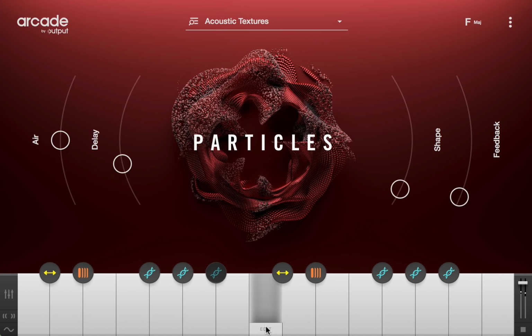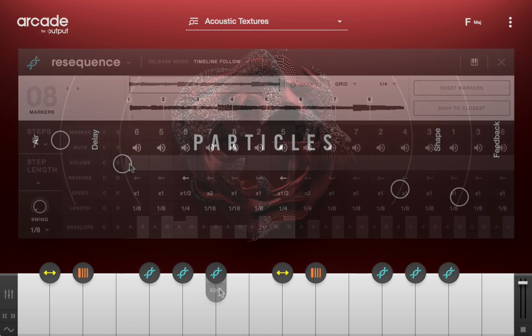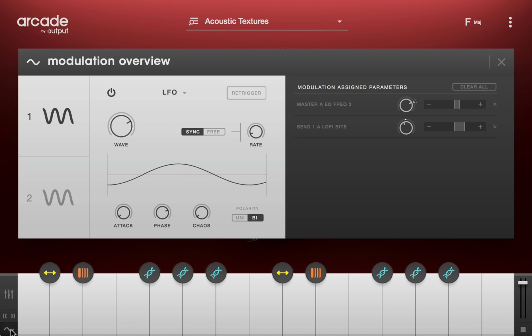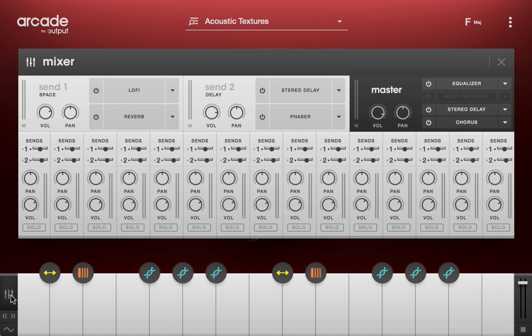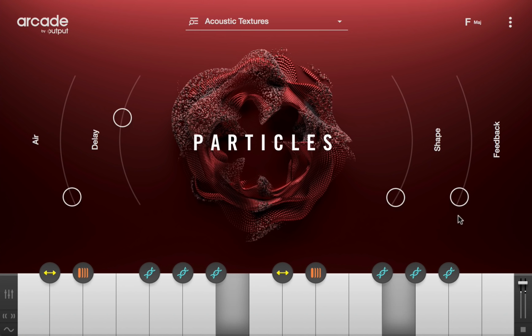As you'll see, kits in Arcade aren't loop packs. These are playable instruments, dialed in with black keys that modify the sounds, macros, modulation, and effects. For example,